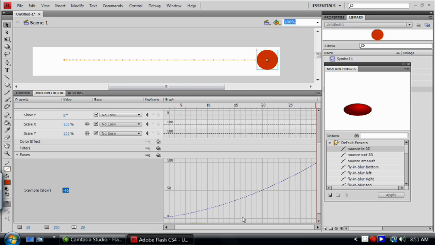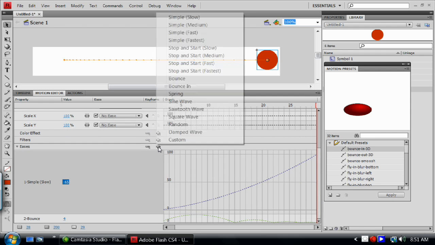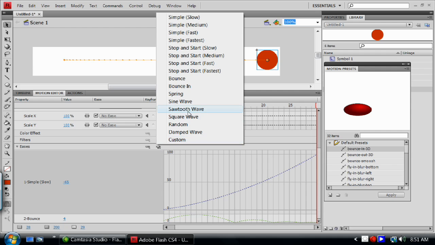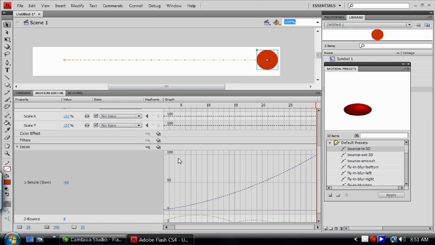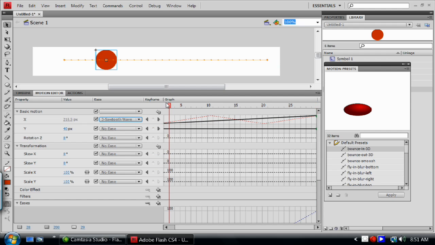And some of the presets offer interesting results too, so you can test those out. Like sine waves and square waves and sawtooth and stuff. So if we do that, I just changed it to sawtooth, and I have to change it up here, so I'm going to change this to sawtooth wave. We can see the sawtooth wave is just more angled waves. So if we play this now,